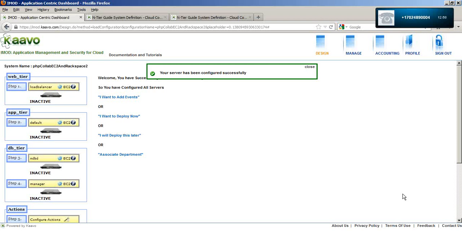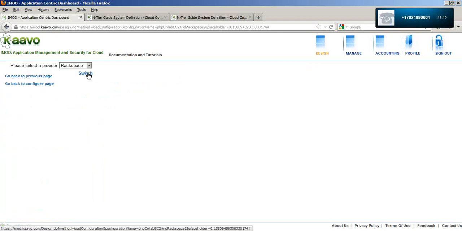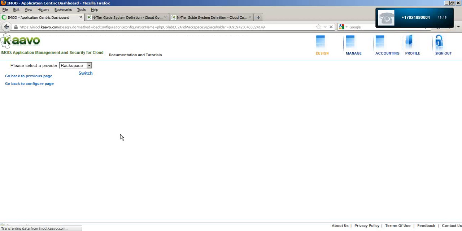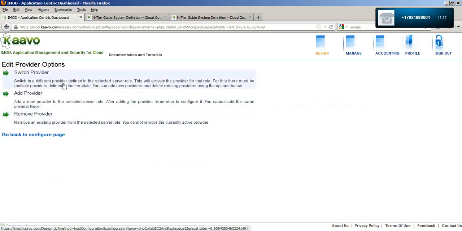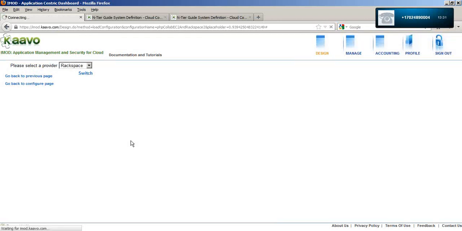Now I will configure Rackspace by first switching all the server roles to Rackspace. So edit provider, switch provider, Rackspace, switch. The second one, edit provider, switch provider, Rackspace, switch, and so on and so forth.